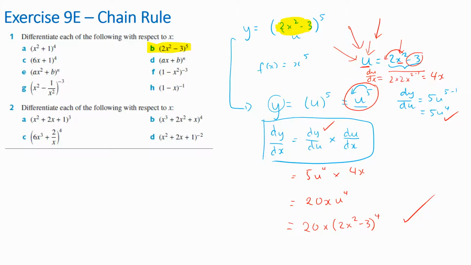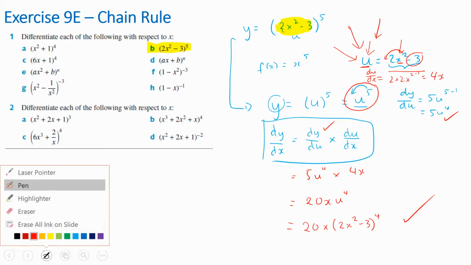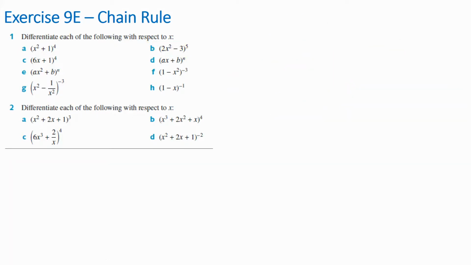Okay? I'll do another one. I'll do another one with less mess. Okay, so straight to the problem. Let's do